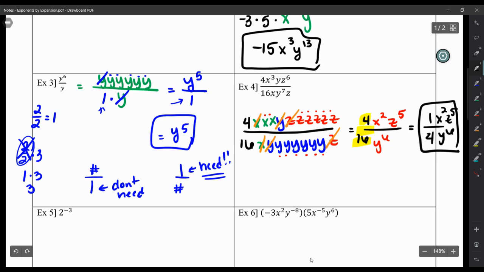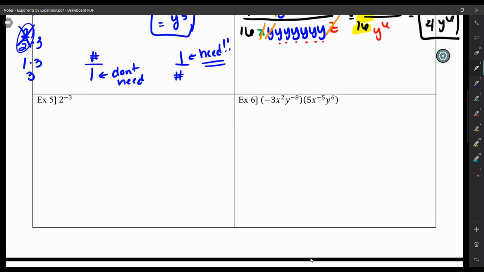Okay. Now let's look at some negative exponents. What does a negative exponent mean? Well, a negative exponent basically means that the base is at the wrong side of the fraction. So if we look at example 5, 2 to the negative 3, I can't expand a negative 3 power. I don't know what that means. 2 to the third, I can expand as 2 times 2 times 2, but I can't expand 2 to the